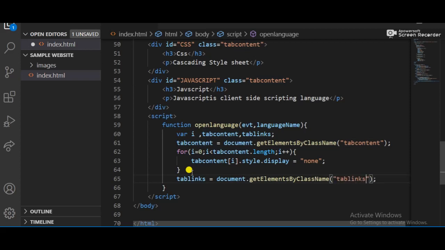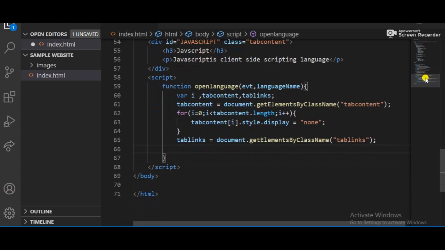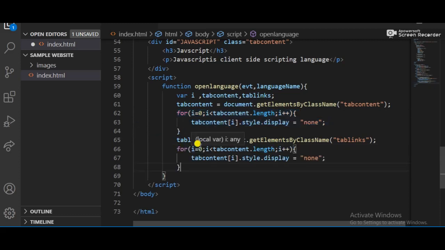It's fine. And now after tablinks, we just need to apply the for loop. So the for loop should look like this. I just copied it and added the for loop again. The for loop has value i, and this is not tabcontent, it will be the tablinks, and the length and i incremental operator with the tablinks.